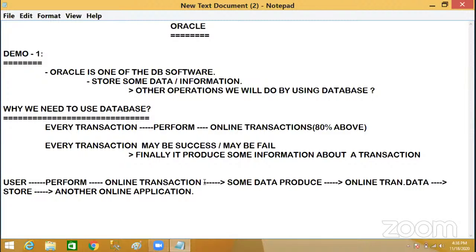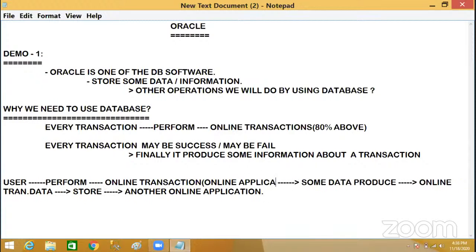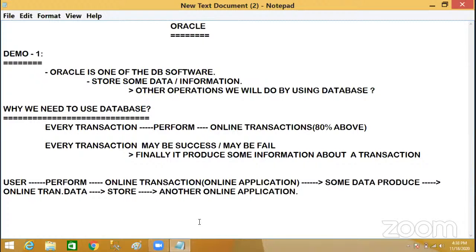So one online application we are using for sending data, performing operations, or performing transactions. Another online application is for storing, processing your data, and giving security for your data.